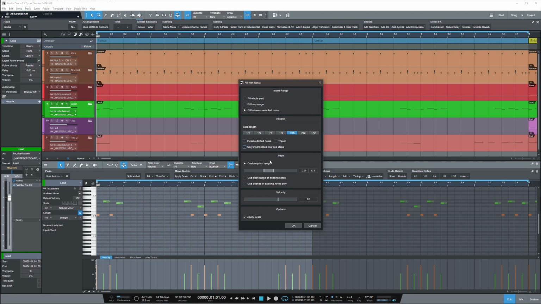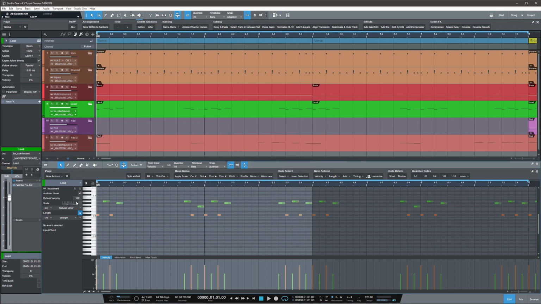Then you can select a custom pitch range. You can use the pitch range of existing notes, or you can use pitches of existing notes only, which is very good if you're working with drums, for instance, where not every key is being assigned to a sample. Finally, we can not just set the velocity, but we can also choose to apply scale. And this is huge, because the scale that we're setting here is basically guaranteeing that every result we're having is